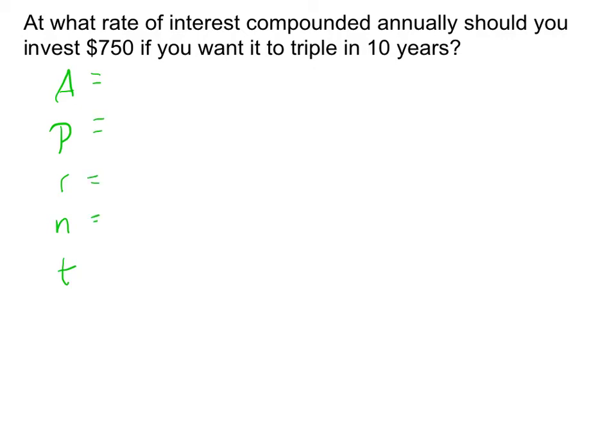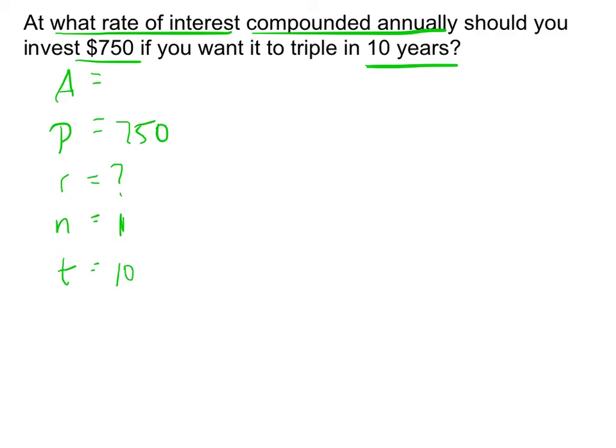Okay, so it says, at what rate of interest? So that's something that's going to be what I'm trying to find. I don't know what my rate of interest is. Compounded annually, so that means my N will be 1 because it's compounded annually. Should you invest $750? So I'm going to put my initial investment of $750, so that's going to be my P. If you want it to triple in 10 years, so I know my time is going to be